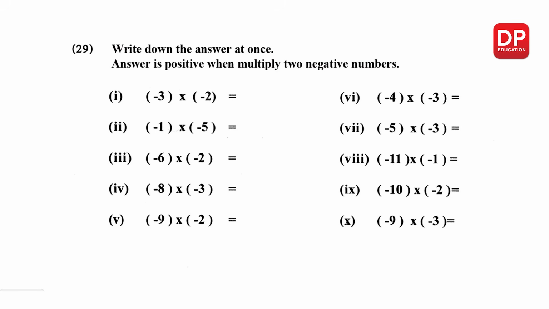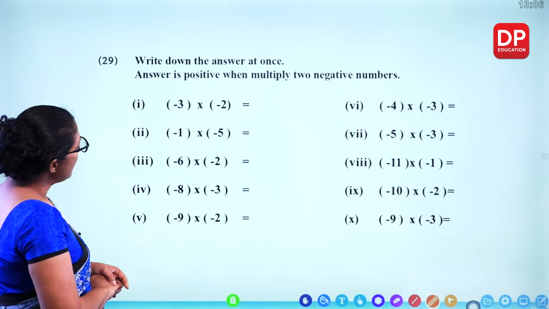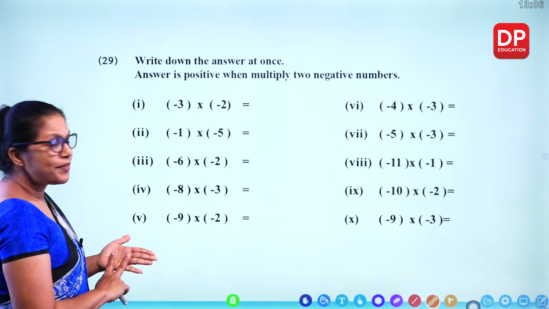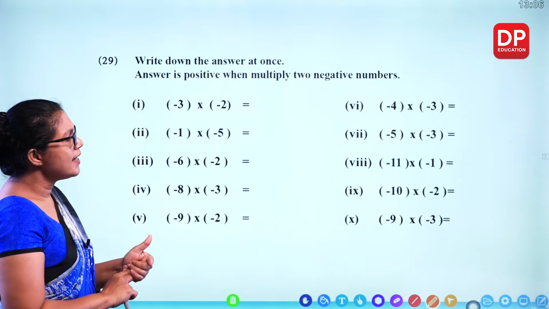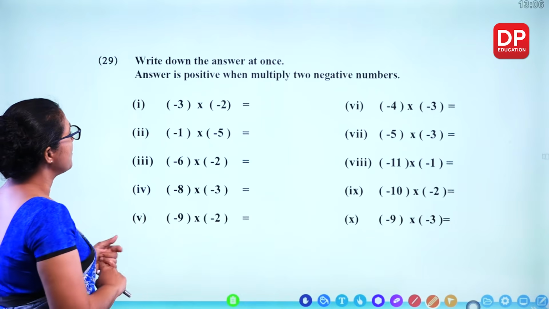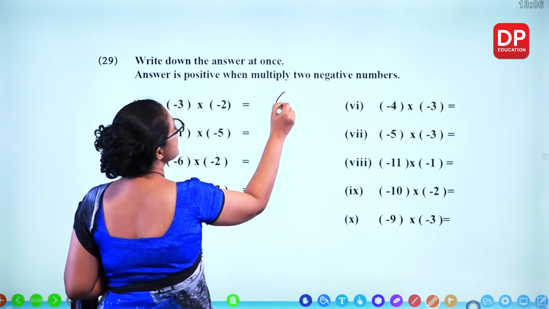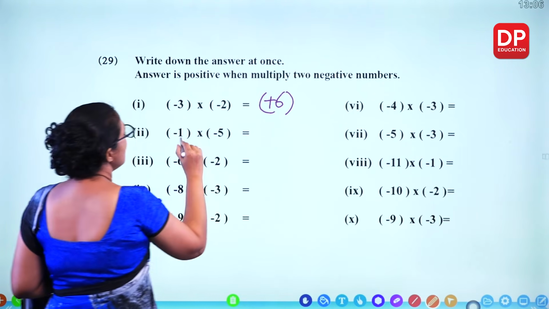Write down the answer at once. Answer is positive when multiply two negative numbers. In all these, both numbers are negative. So the final answer is positive. 3 times 2, 6. 5 times 1,